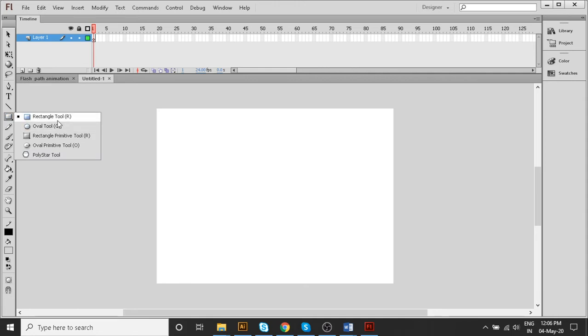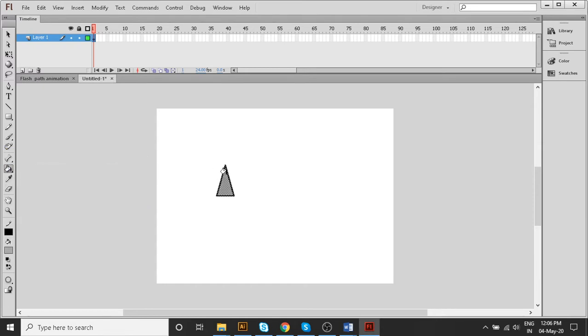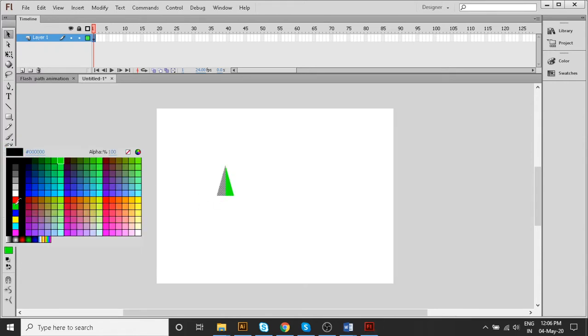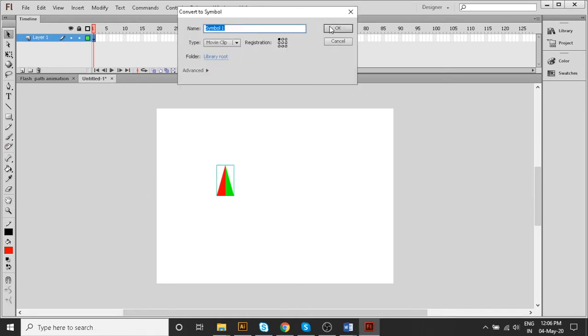For this I will take one rectangle. Go to this object and remove one so that I can find it like this. Yeah, great, good. So I have one simple object here. If you want to fill any gradient or color, you can fill it very easily. I have taken a simple color here. You can also fill some colors like this. So I have a simple object here, make it a movie clip, F8, and make it a movie.